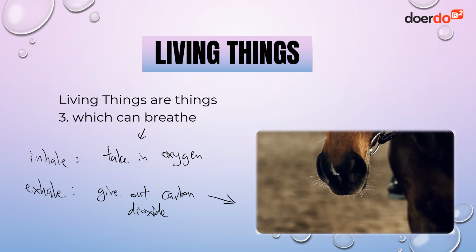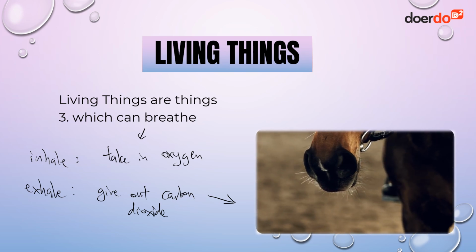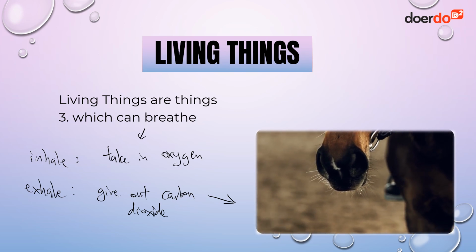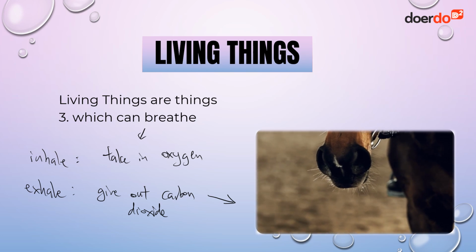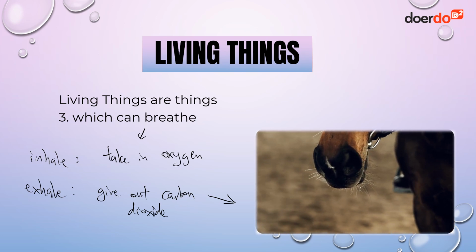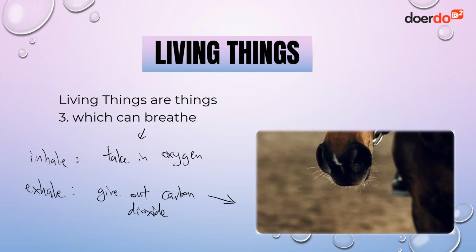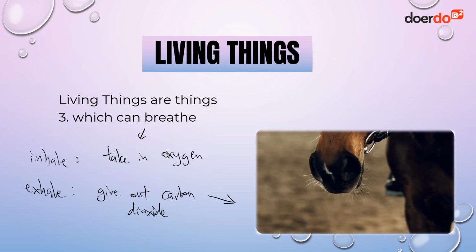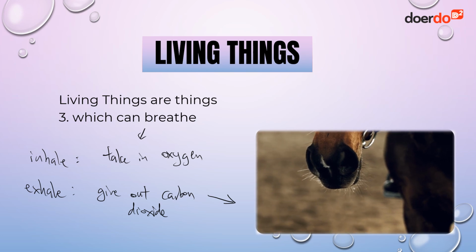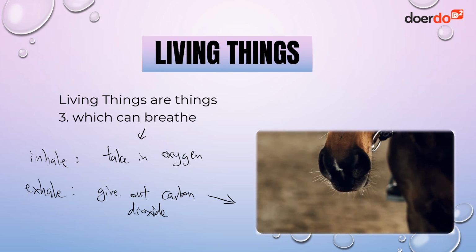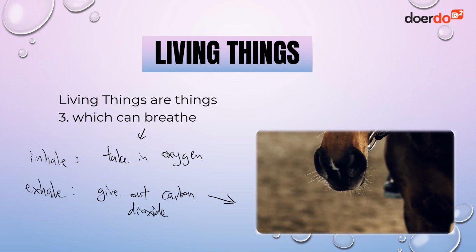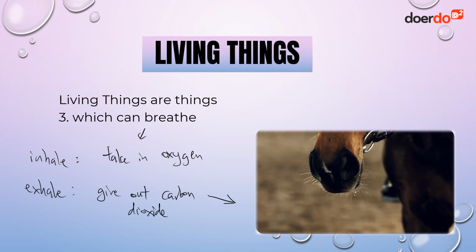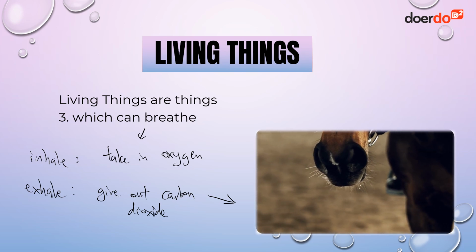So this horse, when it's breathing the air out, the air consists of carbon dioxide. Of course, the air that the horse breathes out consists of other gases such as nitrogen, and also oxygen. But when we take in air, there's a higher percentage of oxygen and a lower percentage of carbon dioxide as compared to the gas we breathe out. Okay,